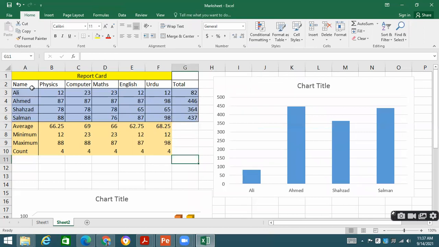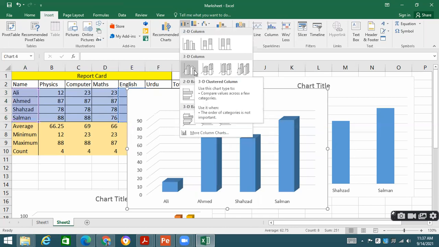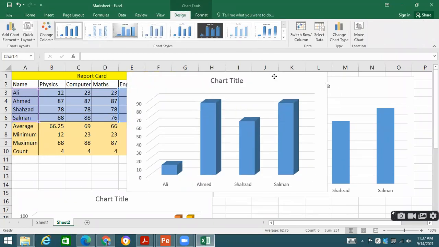If you need to take the student names only, let's suppose I press the control button and select only English marks. Student names I have selected, I press control and only English marks. I go to Insert and draw this chart. Now you will be able to see the comparison we are making. Suppose I choose 3D column. Now see.